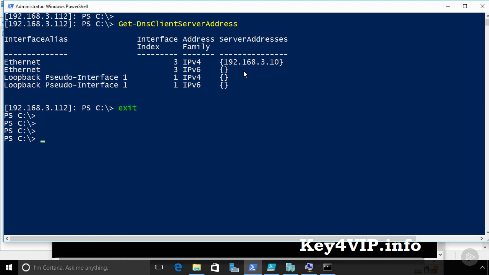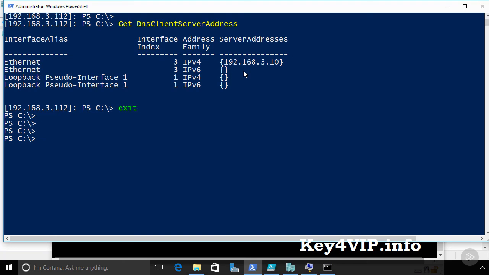Now, since this machine has already been named as part of the original creation of that VHDX file, our next step is simply to join this machine to the domain, which is a process that requires the offline domain join function that's been around in Windows for, I think, a couple of versions. You may have never used offline domain join in the past, but this process with Nano Server is really the only way to get those Nano Server instances attached to an Active Directory